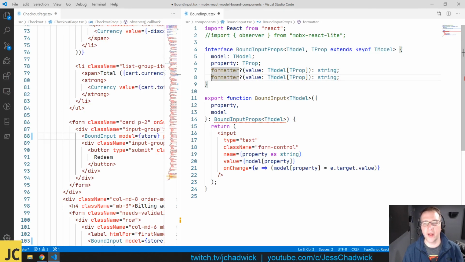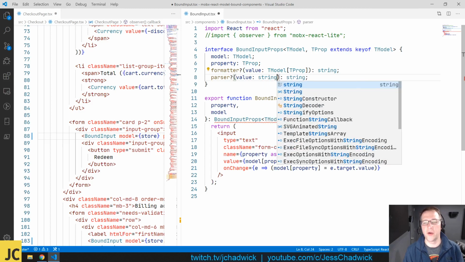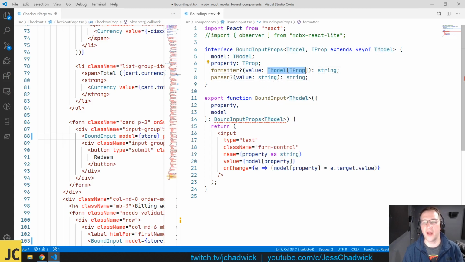Then we need the other way around. Parser. Value string. And that comes back out to this. Okay, so let's talk about what we just did here. I reintroduced that thing that I've been threatening to reintroduce the whole time. So the reason I brought this up into here is because I wanted to refer to it multiple times, right? So now whenever I enter that magic property here,